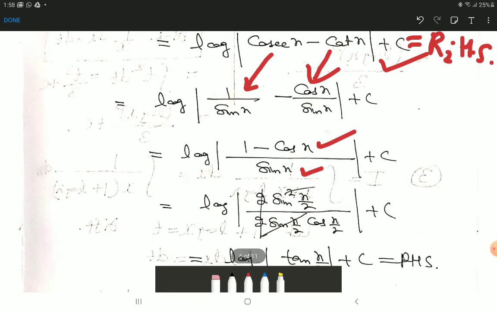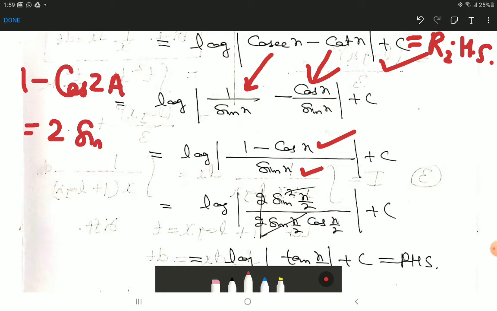And you have done in class 11 that 1 minus cos 2a is equal to 2 sin square a. Here 2a may be any angle. So if in place of this 2a, we have a, suppose I remove this 2, then on the right hand side also the angle will be halved, a by 2. That is, if 2a becomes a on the left, then a on the right will become a by 2. So 1 minus cos x is twice sin square x by 2.